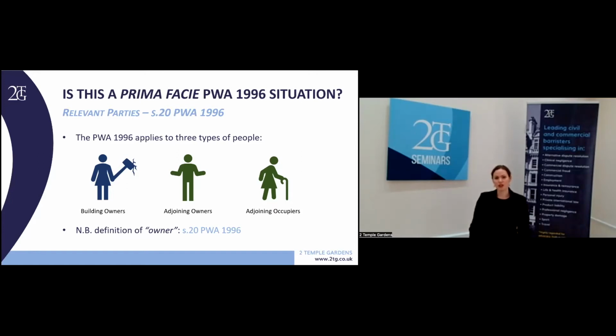The only other category of person to mention is the adjoining occupier. In our example, Beryl. Beryl isn't an owner, she is a licensee in her son's house. She lives there but doesn't have a lease. Now, adjoining occupiers have a very limited role to play under the Act, but they do have a right to be compensated by the building owner in certain circumstances. So it's always worth keeping an eye out for non-owners, especially family members, who might also have a claim.